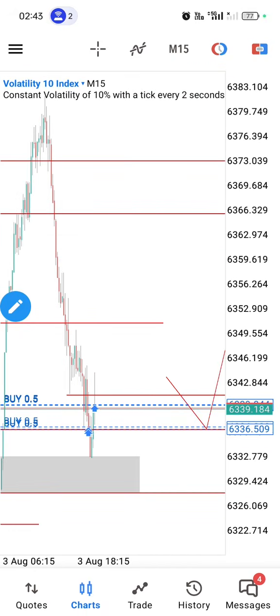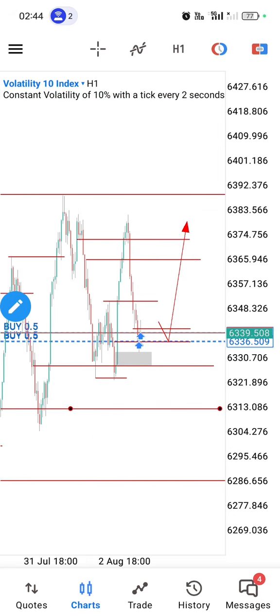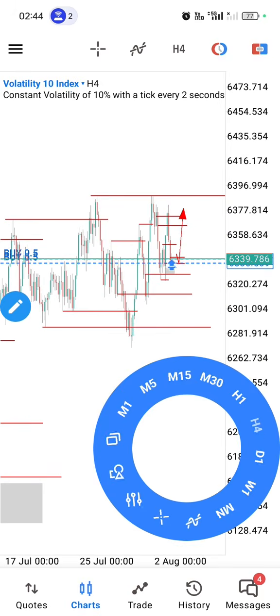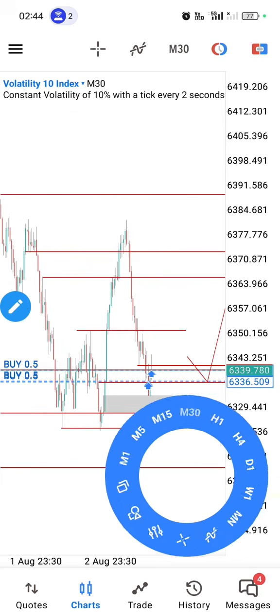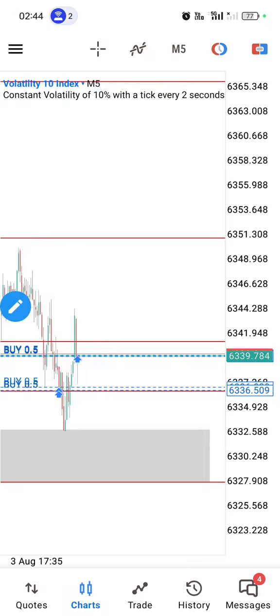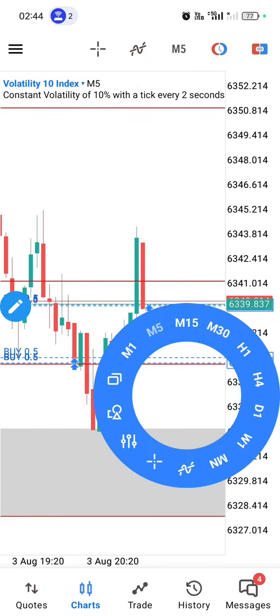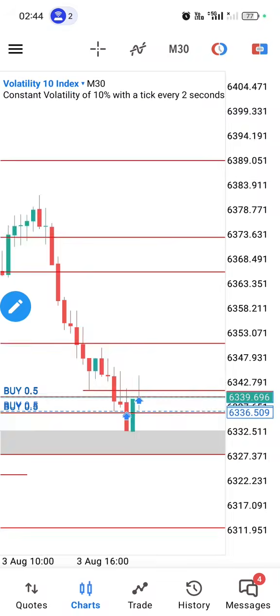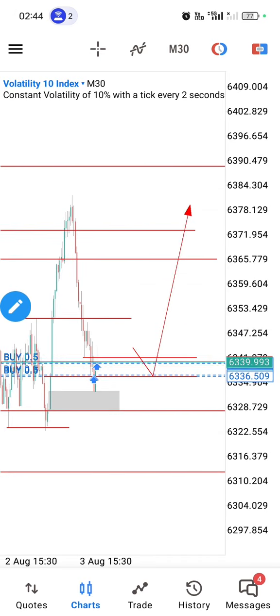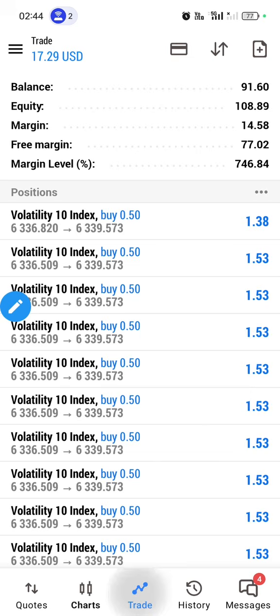This is on a smaller time frame. Make sure to go on a 5-minute to 1-minute time frame, whatever is smaller than 15 minutes though. So yeah, I ended up entering more buy orders after it confirmed. Now after some hours,